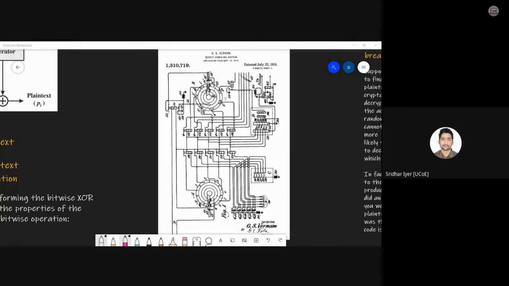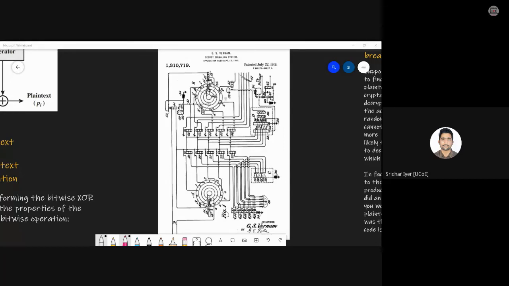You will come to know that patents exist for 20 years. After 20 years, the patents are released in the public domain and people can have access to the diagram. Otherwise, we wouldn't have access to this diagram, because this patent was valid from 1919 to 20 years down the line. After that, it was released to the public, and then people were in a position to understand the patent and make their own derivations out of it, right?